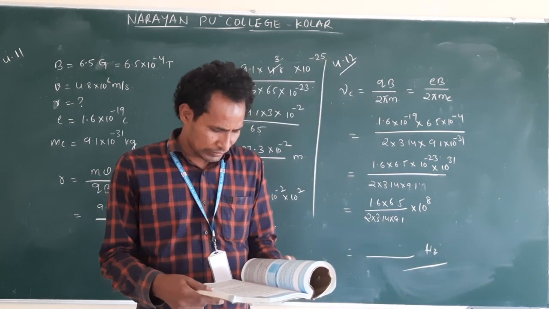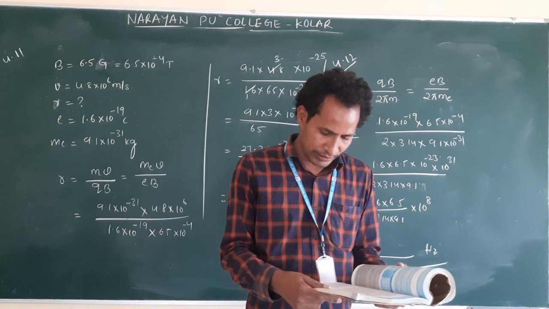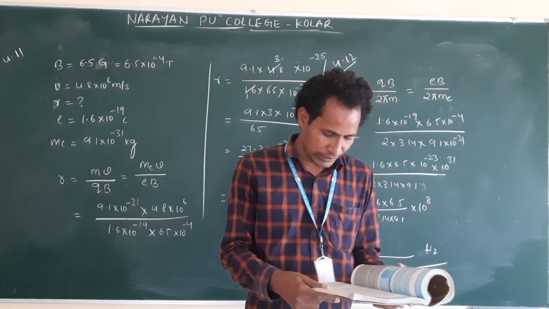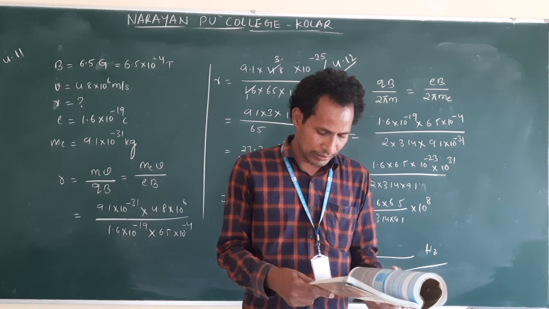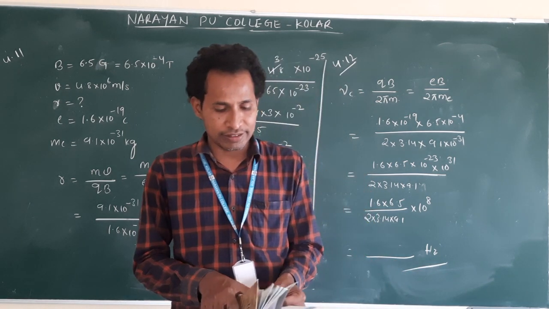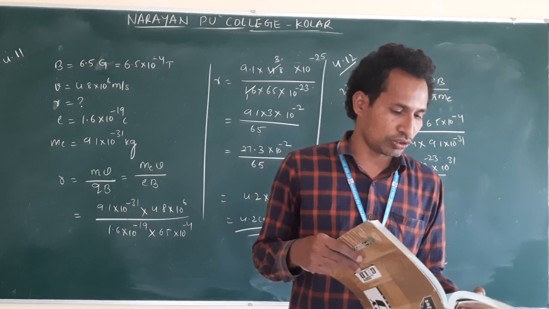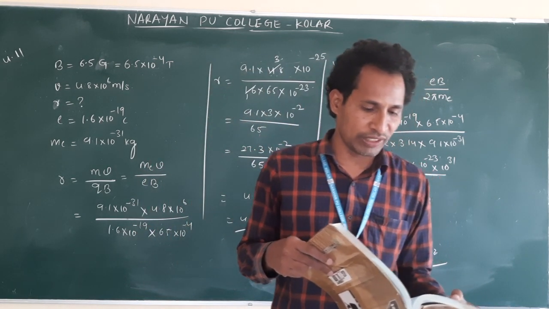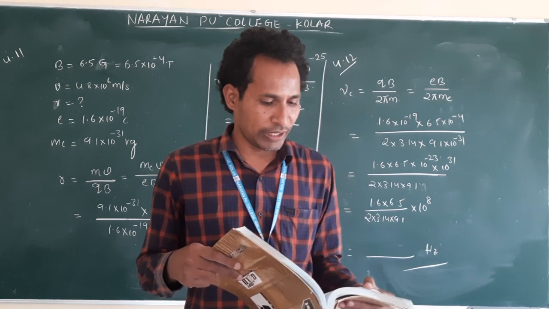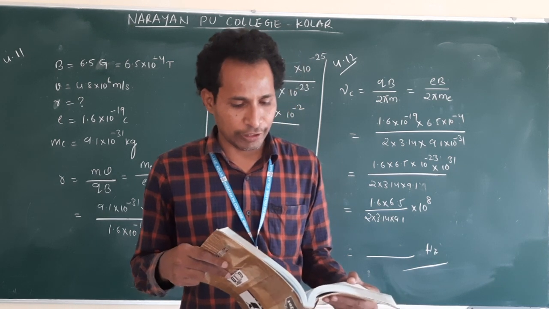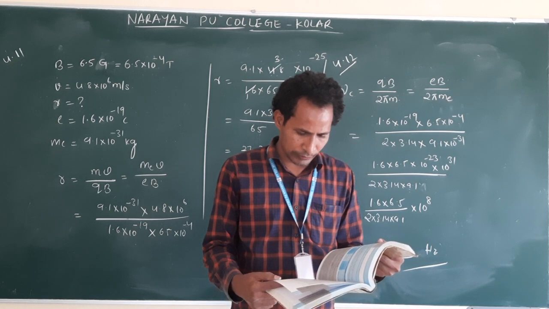Now the 13th question, the last question. A circular coil of 30 turns and radius 8 cm carrying a current of 6 ampere is suspended vertically in a uniform horizontal magnetic field of 1 Tesla. The field lines make an angle of 60 degrees with the normal of the coil. Calculate the magnitude of the counter torque that must be applied to prevent the coil from turning. Would your answer change if the circular coil were replaced by a planar coil of some irregular shape that encloses the same area?